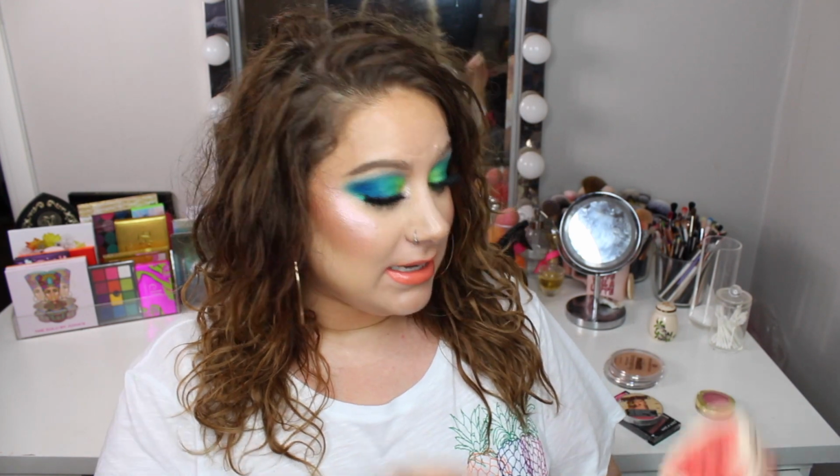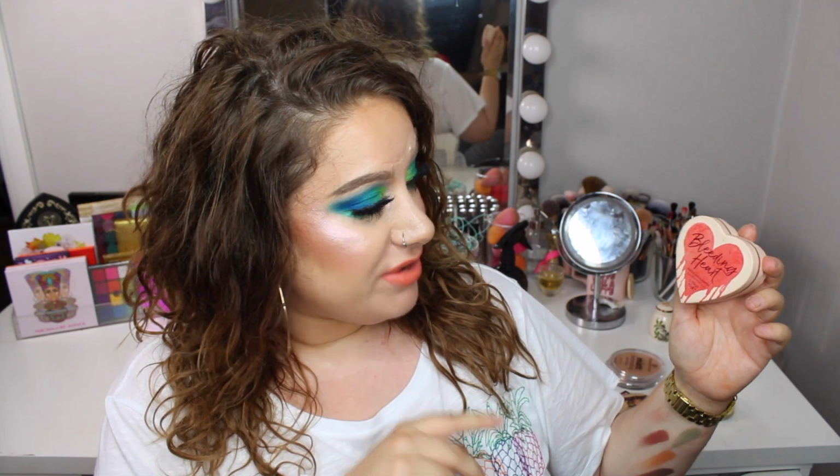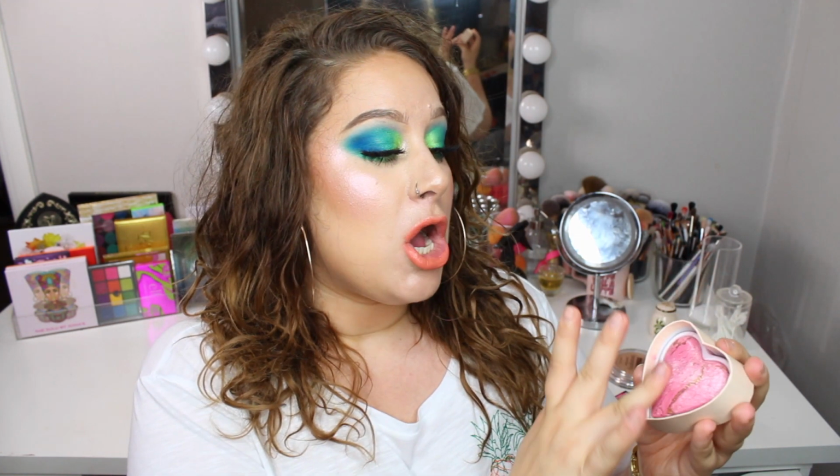I also wanted to talk about another highlight that you can use as a highlight or like a blush topper. It is the baked highlight from Revolution. This is the Bleeding Hearts, and I actually saw this one on sale on Revolution's website today. I don't really know if it's still on sale when you see this, but it was €3. So this is what it looks like, and I get it, it can be a little bit intimidating, but